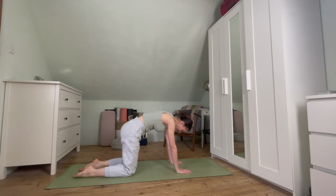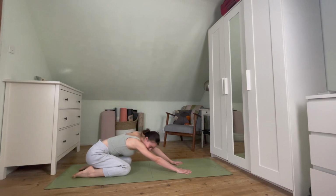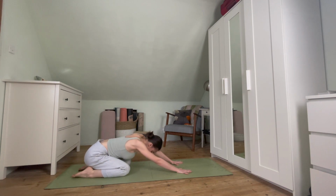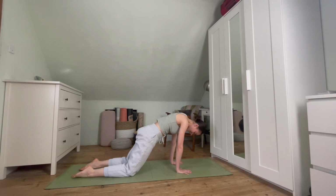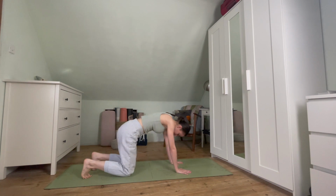It's how we're filling the cup. We're asking if there are any places where the cup might feel a little bit low or a little bit empty, and filling them up through this movement, so really just responding. When we're ready, coming back through neutral, tucking underneath the toes, we're going to lift off the knees, hips draw